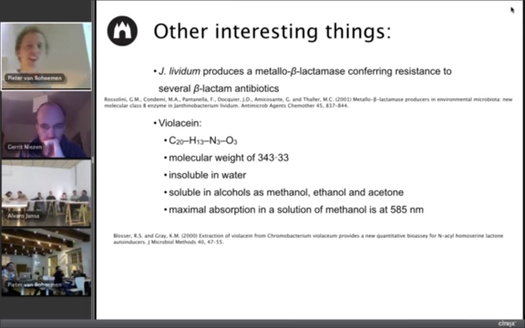And I also found the chemical formula and the molecular weight, and some information about whether it's soluble in water or alcohols. And it turns out that it's not soluble in water, which is great because then you can extract it with, for example, ethanol, acetone, or methanol. And I found in the same article that it has a maximum absorption at 585 nanometers. So with a spectrometer, you can identify